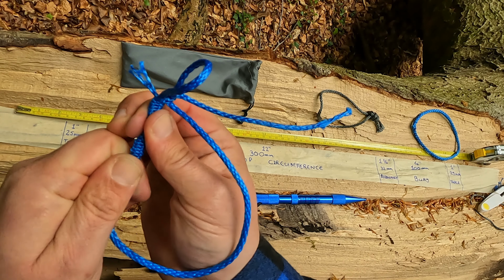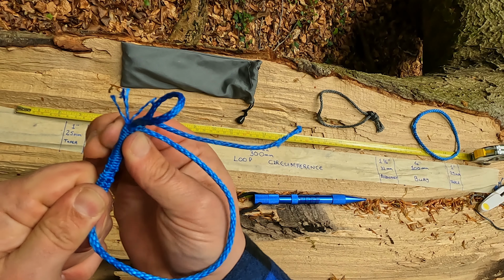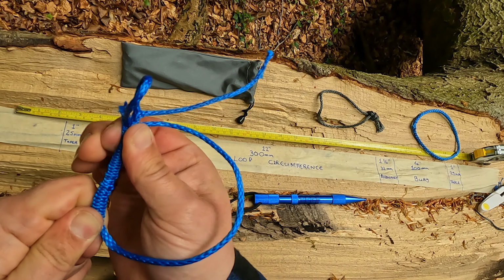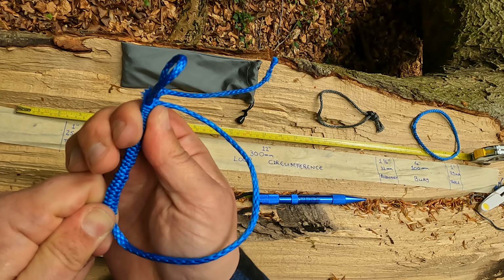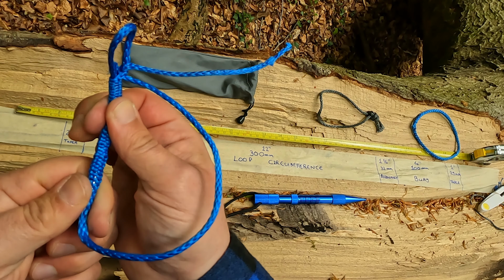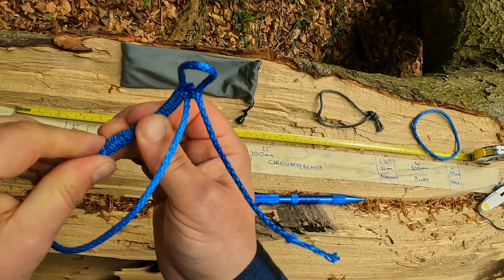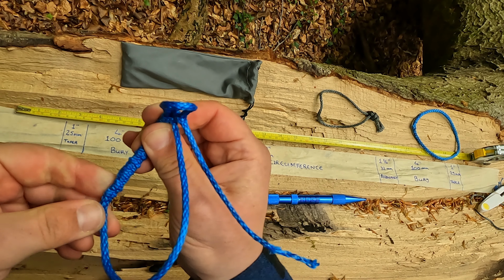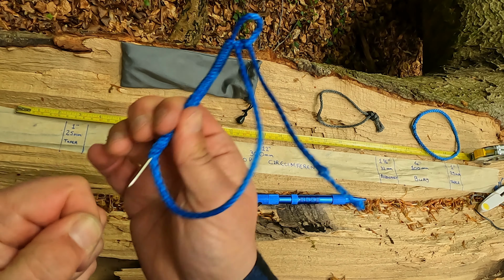This is the most difficult part. We need a bit of patience here as we pull this bit down. Eventually it'll go. There it goes, so it's starting to thread in. So at this point now, we can feed the needle round until we're a good way around our continuous loop, and we're confident that we've gone far enough. So pull that through,